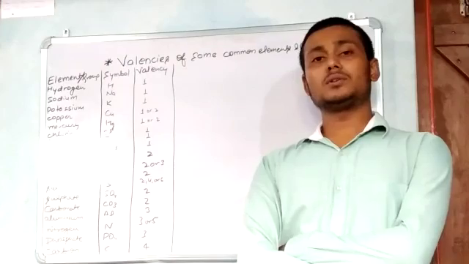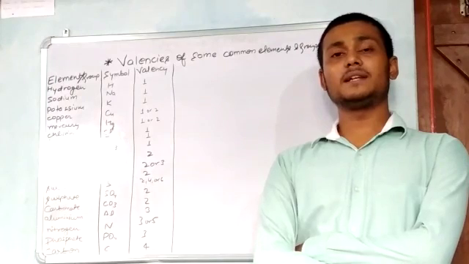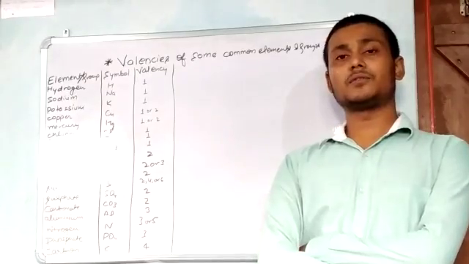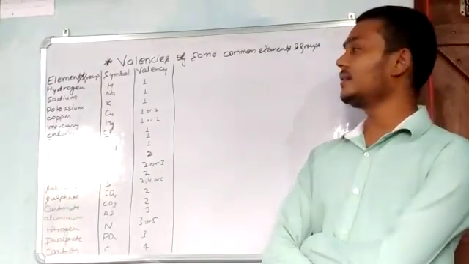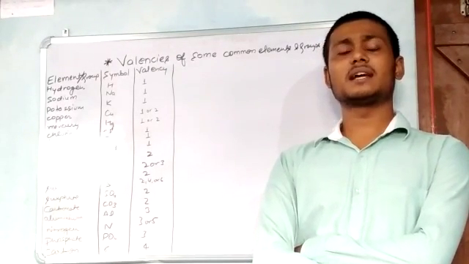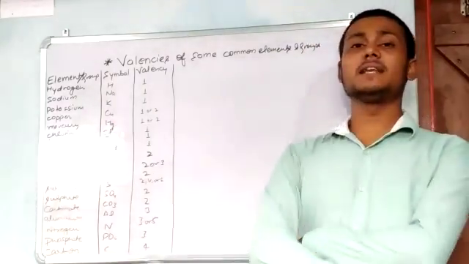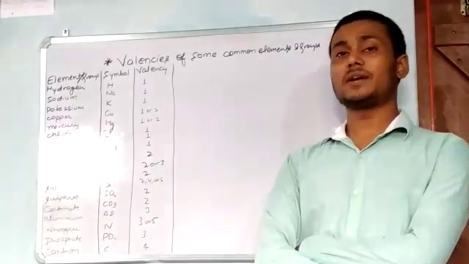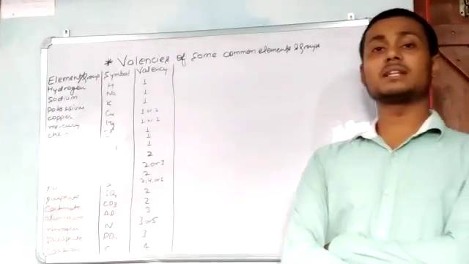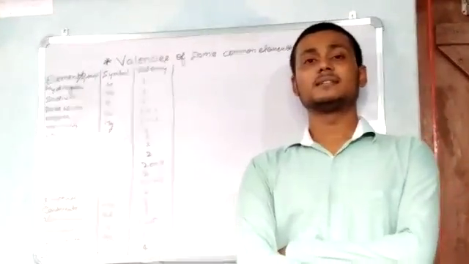And I also told you to write down each and every table of your science book in your copy and remember it. Okay, because it is not only for your 7th standard academics, it is also very necessary for higher study in higher classes like 8th, 9th, 10th. These values are very important, and they are also used in class 8th, 9th, 10th, even 11th and 12th. So you need to remember the valencies, symbols, and the element names.